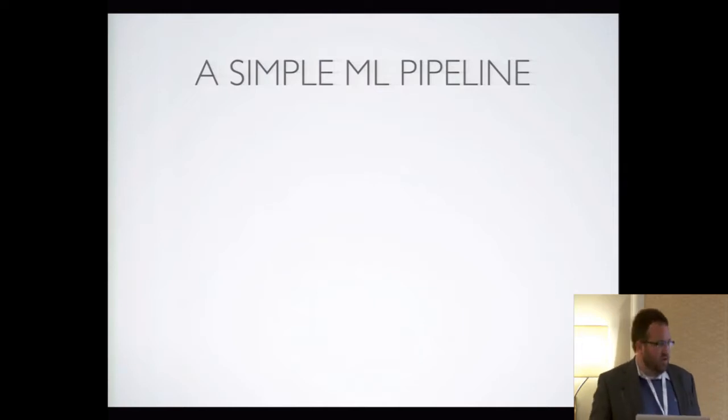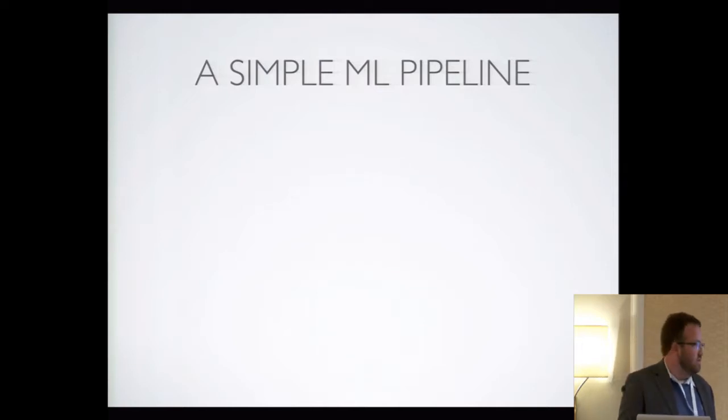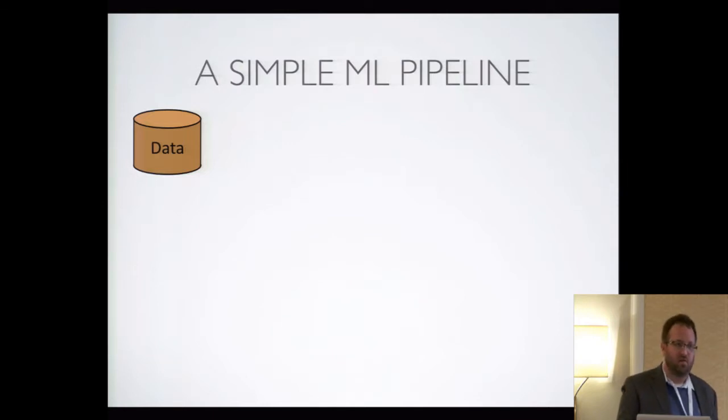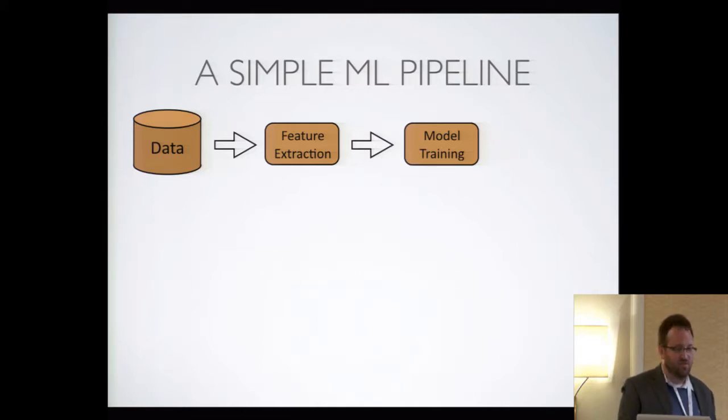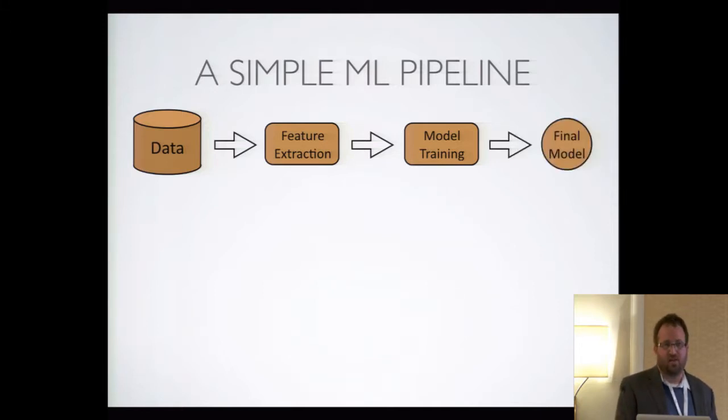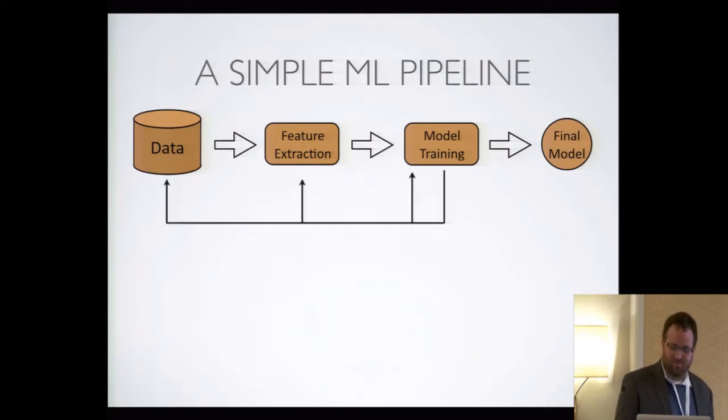So what does it mean to construct a machine learning pipeline? A simple machine learning pipeline starts like this. You've got your data in a database or a data warehouse. Maybe it's on S3 or HDFS, something like that. You then do some feature extraction. You turn your data into feature vectors somehow through some process. And then you feed those features into some model training procedure. So fit an SVM or learn a decision tree. And then finally, you end up with some notion of a final model. This is the object that you can ship around and make predictions with as users click on things on your web pages or classify, hey, that's a bird in that image. This is the thing that you can use to make predictions.